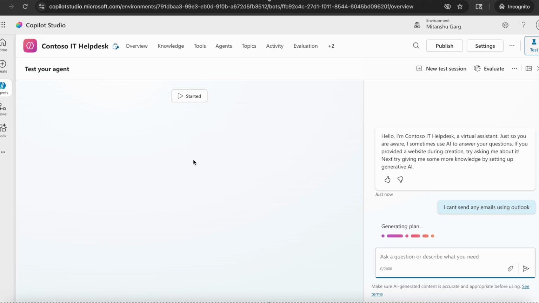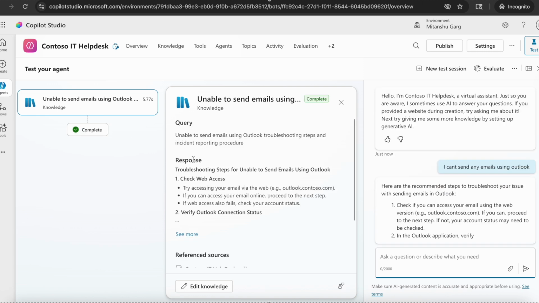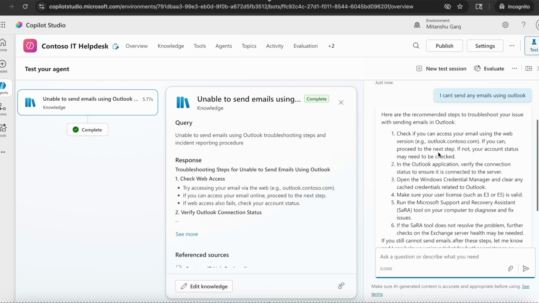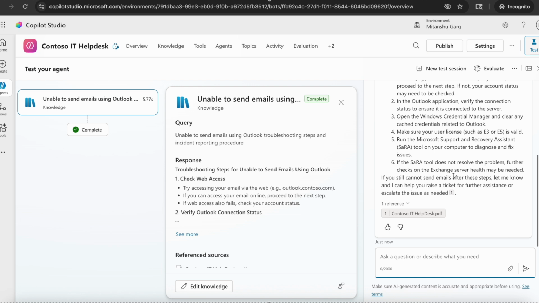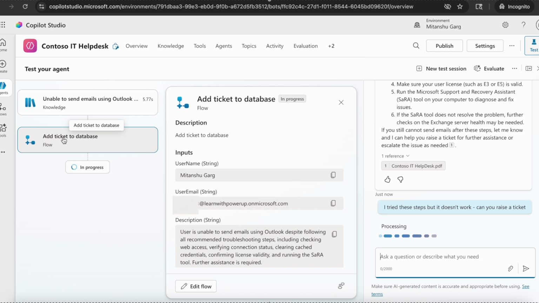Again, on the left hand side, you can watch the thought process of the agent. The first thing it is doing is going and searching the IT help desk policy, the PDF file we uploaded in the previous video, and it has given us some of the troubleshooting steps. And I'm going to say that... it has called the flow,